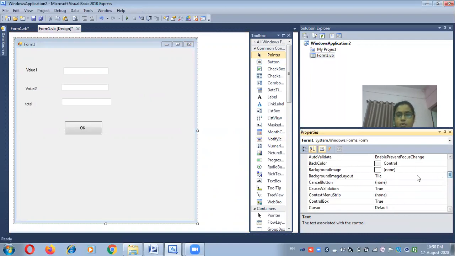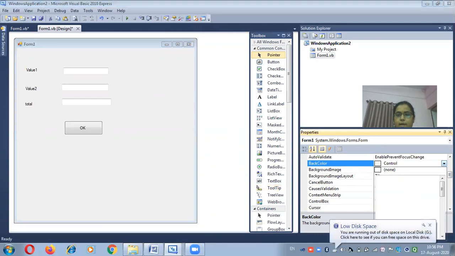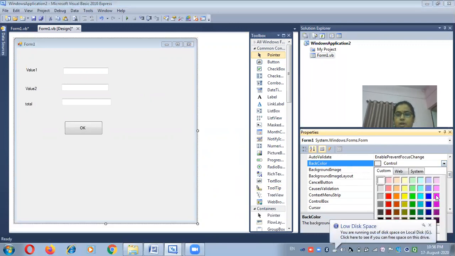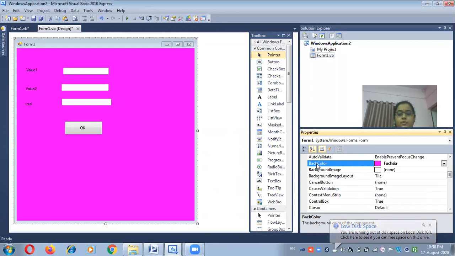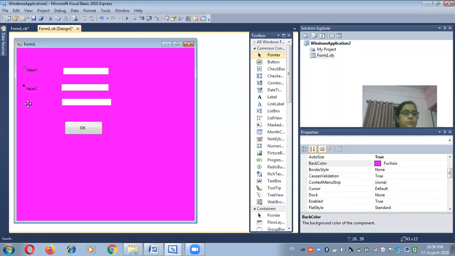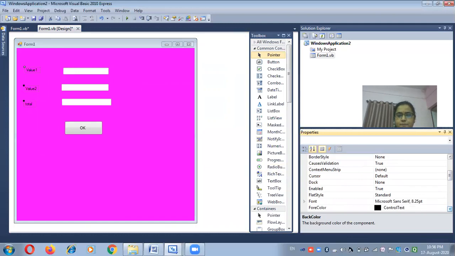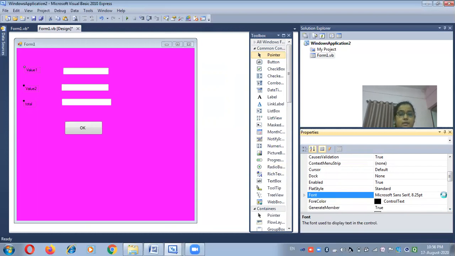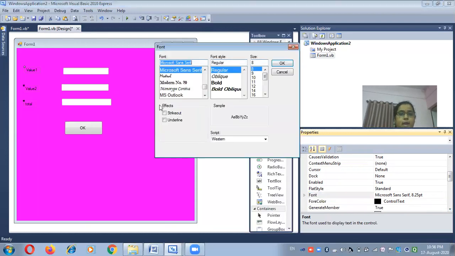Then if you want to change the background image, you can change it. If you want to change the color of the form, you just select the BackColor property of the form. If you want to make the control bold or change the font size or style, you just select the Font property of the control and change it to bold.